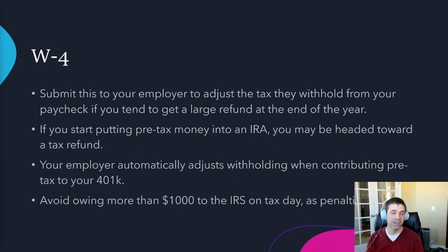So it's not great to get a huge tax refund. If you were getting large tax refunds before, you should submit a W-4 to adjust the withholding so that you get closer to zero refund. Now, you don't want to overcorrect, because if you end up owing money when you file your tax return, besides